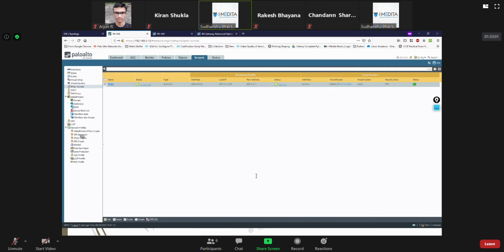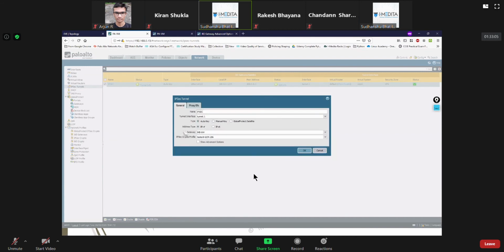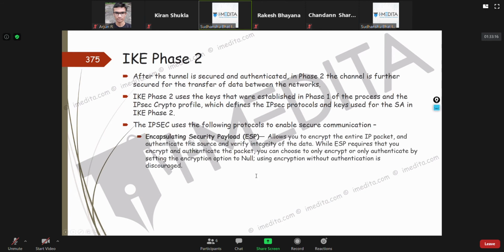This is where we brought in the IKE gateway, right? And this is where we brought in the IPsec crypto, IKE phase 2, and then it exchanged things like which protocol to use to encrypt the packet.